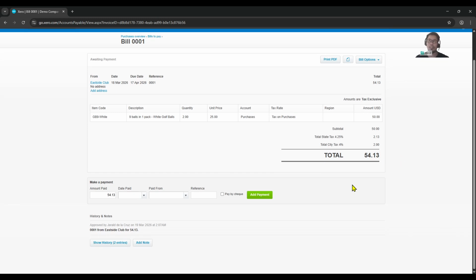Once you've already made a payment for this bill, you'll need to get the details of that payment. When the payment was sent, that should be under date paid. So let's say today, the 19th. Next would be which account was used to make that payment. That should be under paid from. So when you click on the drop down, it should prompt you with the accounts. So let's say we use the business bank account